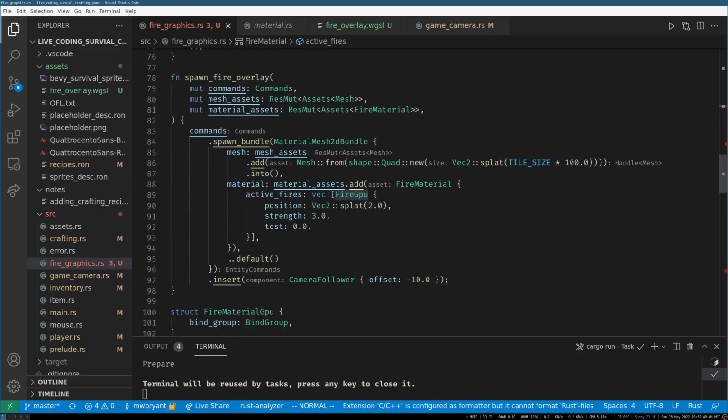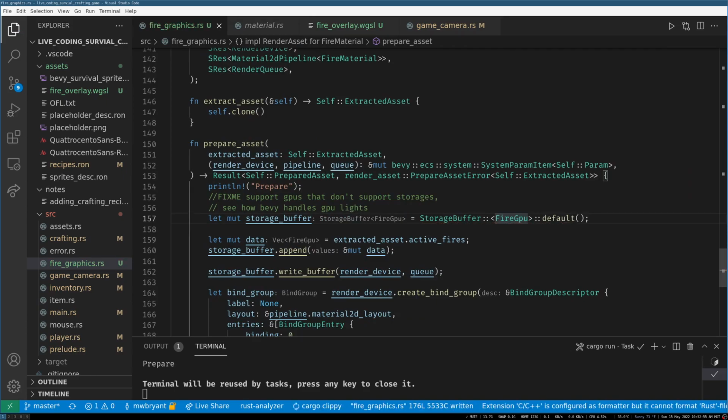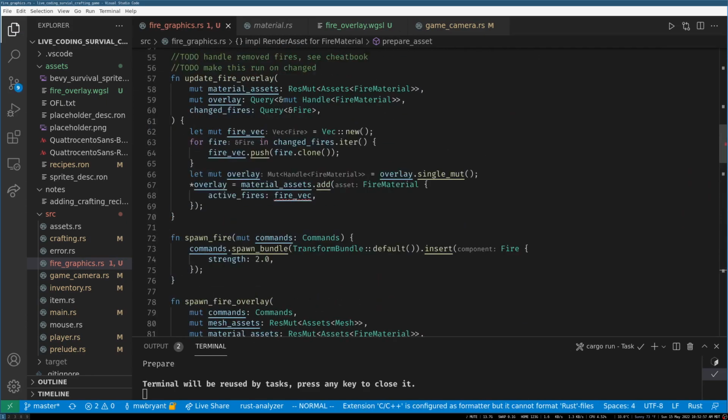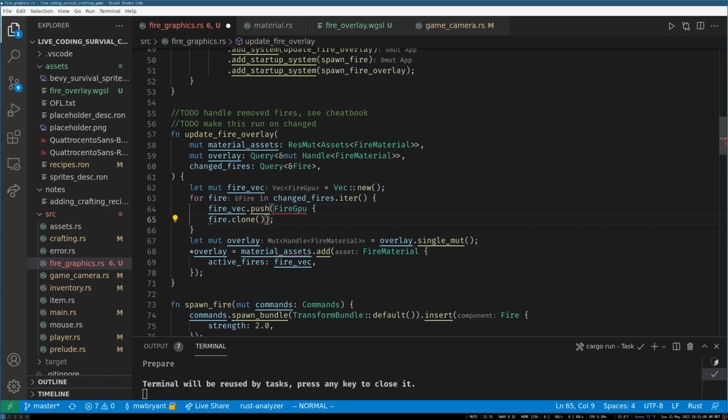And then, what are you not happy about? Storage buffer is of fire GPU, which is all the data we need on the GPU. And active fires will become a fire push fire GPU of